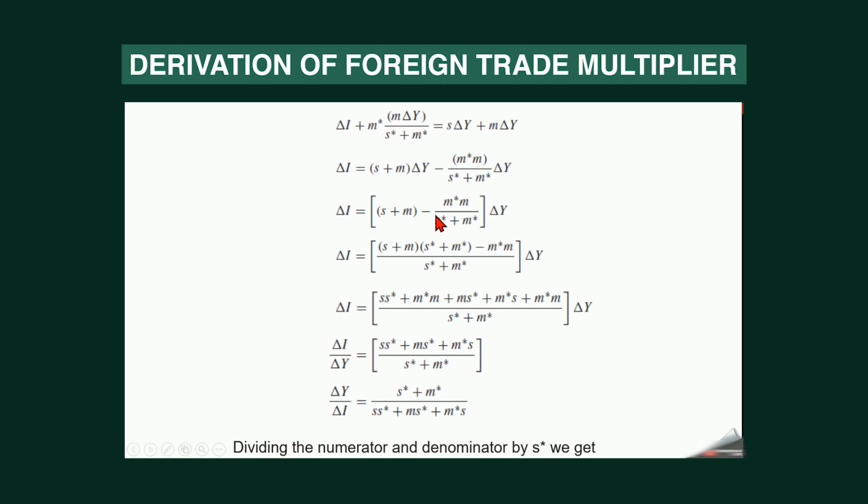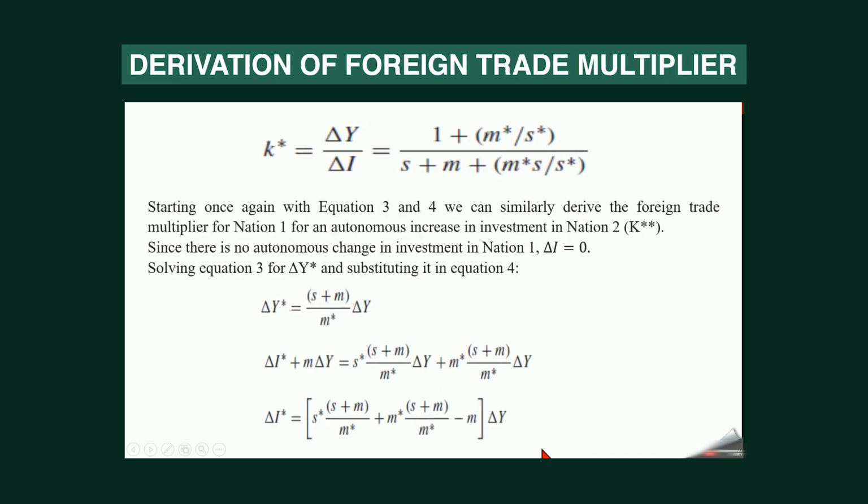And the algebraic manipulation in this case will show me that delta I by delta y is equal to s into s star plus m s star plus m star s by s star plus m star. We can inverse it to find the multiplier of delta y due to change in investment. And this is the particular value we get. We can divide the numerator and denominator by s star. And in that case, we find the multiplier due to change in investment in nation 1 with no change in